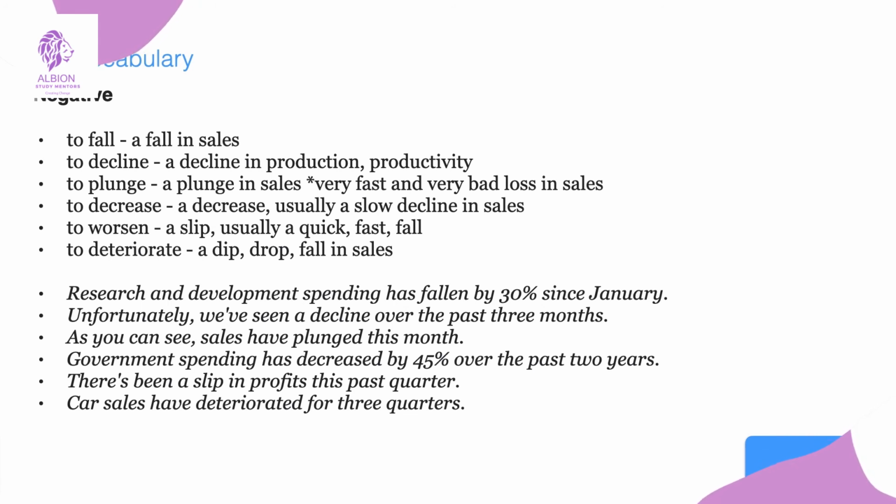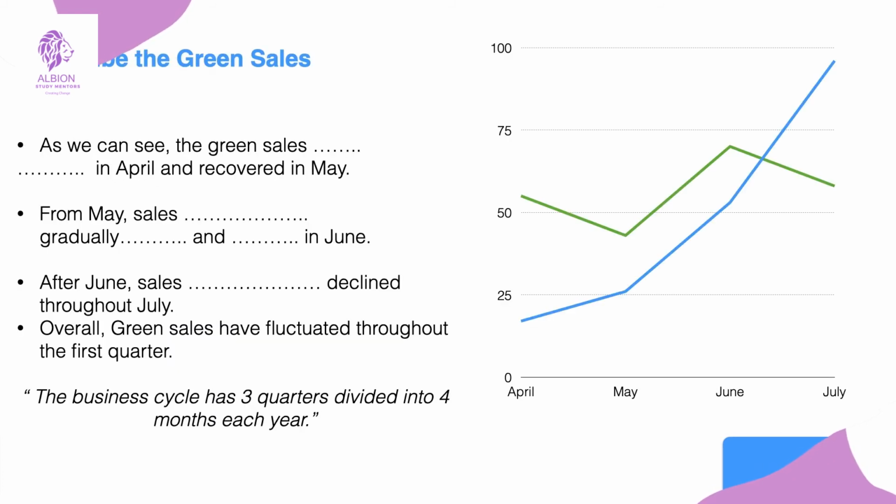But when you are talking about data, everything's going up and down, and sometimes not doing anything at all. Let's have a look at a graph. Here we have a green and blue graph showing the data of some sales. Let's have a look at the green. As we can see, the green sales in April and recovered in May. What would you put there? What kind of phrase would you put there? If you look at May